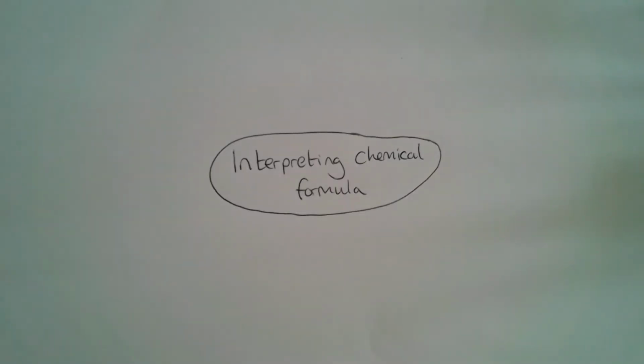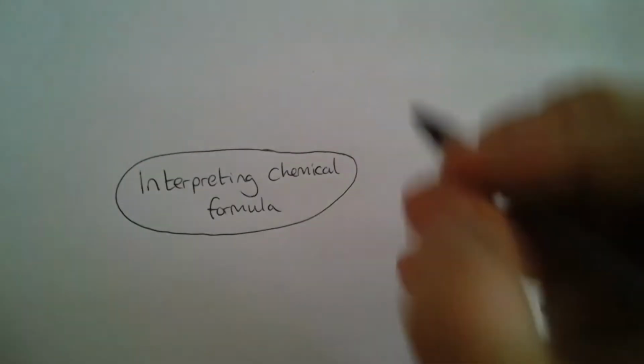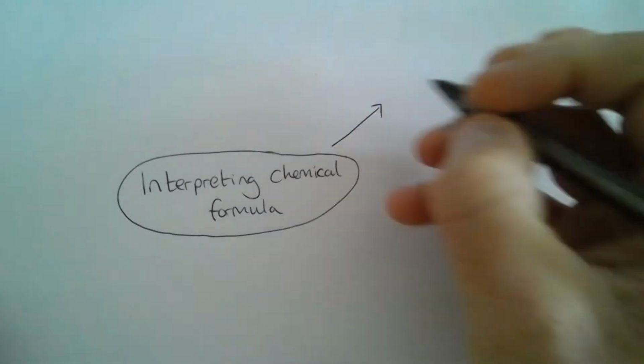We're going to look today at interpreting a chemical formula. We'll do this by working through 5 examples together. You might want to make notes as we go along, or maybe have a look at the end. So we're going to have a look first of all at example number 1,